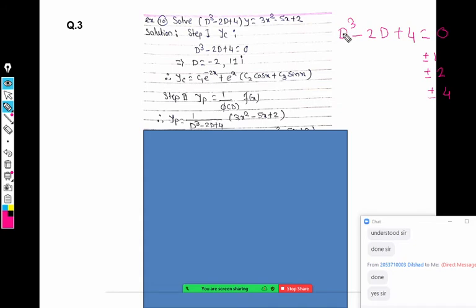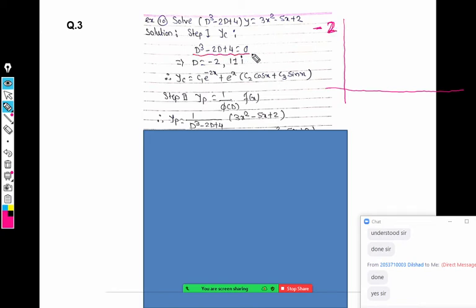If we replace d by 1, we get 1 minus 2 plus 4, which doesn't satisfy. Same thing for minus 1. But if we replace d by minus 2, we get minus 8, then minus 2 into minus 2 is plus 4, and plus 4, and it equals 0. So the first root we get is d equal to minus 2 by the hit and trial method, and our trials are plus or minus 1, plus or minus 2, or plus or minus 4. That is step 1. Once we got one root by hit and trial method, which is d equal to minus 2, we observed it.